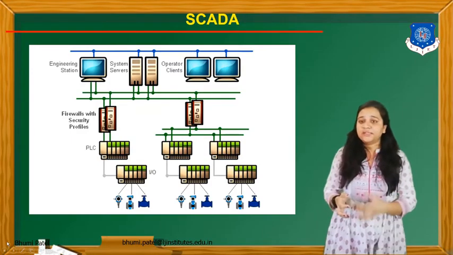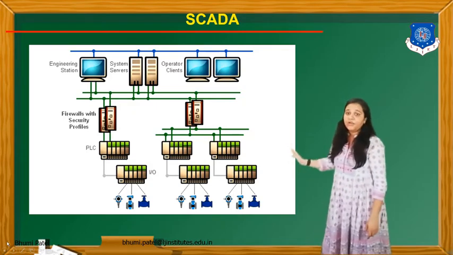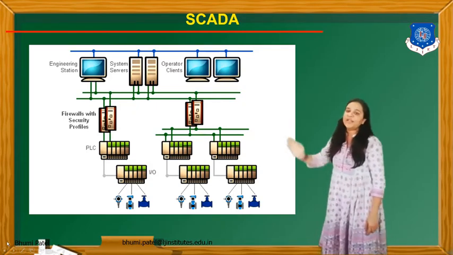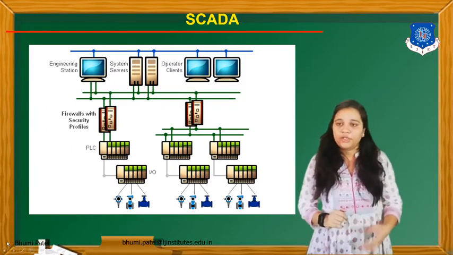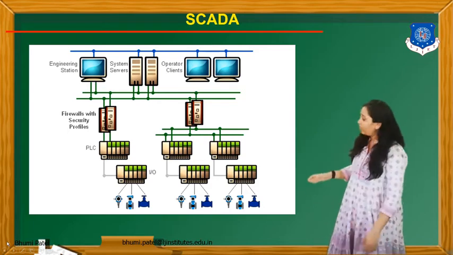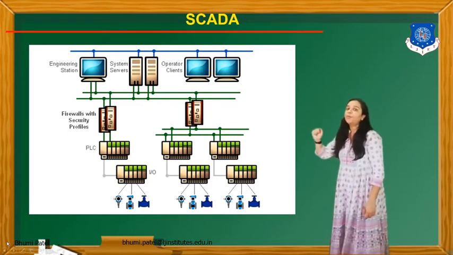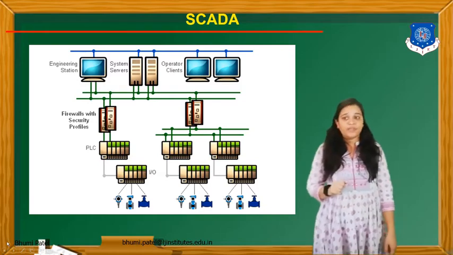Okay, as we discussed, this is how the different PLC hardware is connected: 1, 2, 3, 4, 5, 6 PLC hardware units. The software is required, and programming is required. Now, as you know, on the below side, different types of input and output devices are connected with the PLC hardware.